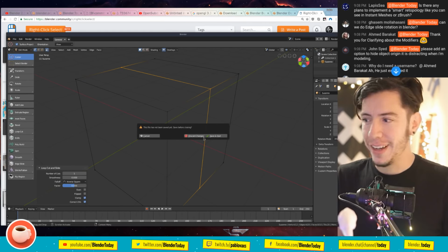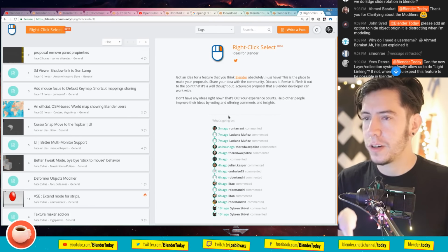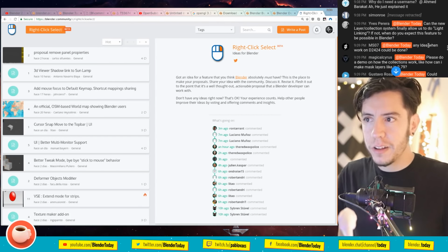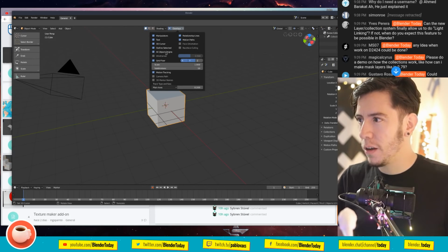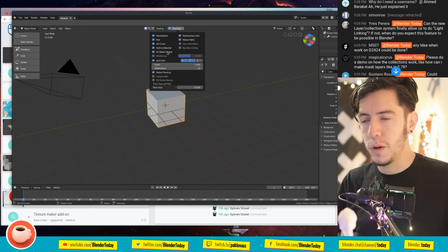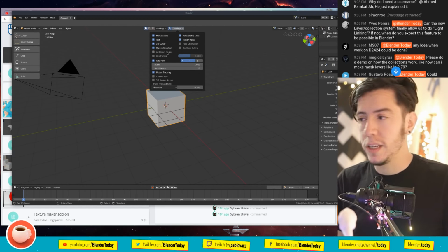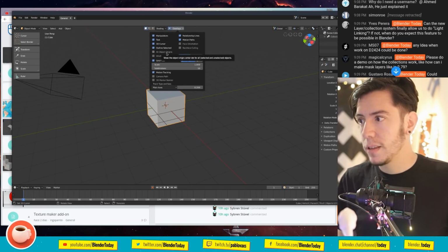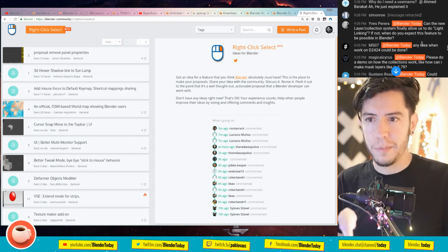thank you for clarifying about the modifiers. Yes. Please add an option to hide the object origin. Is it distracting when I'm modeling? Just move it somewhere else. It's important to see the object origin, but maybe there could be an option to hide it. Here you can enable all object origins. Maybe instead of being a toggle, it can be a drop down where you could choose which object origins you want to see: none, or the active, or selected, and all the objects. So maybe that way will make everyone happy.